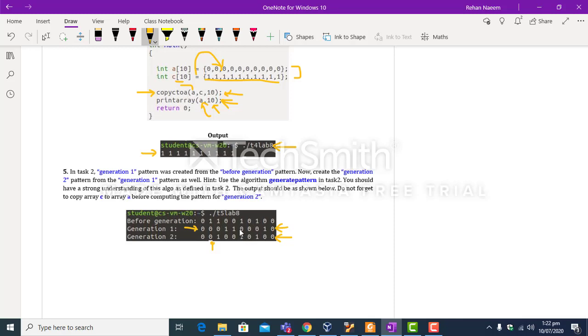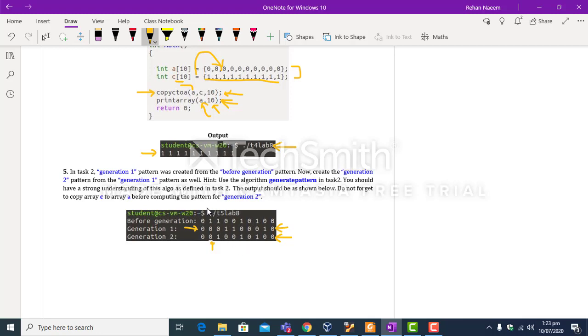Clear? But if the left side of the 0 is 1 and the right side element of 0 is 0, or the right side element is 1 and the left side element of this 0 is 0, then convert that 0 to 1.